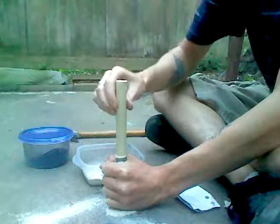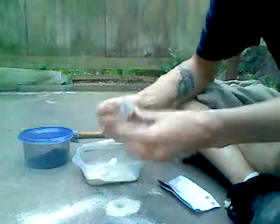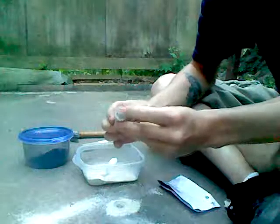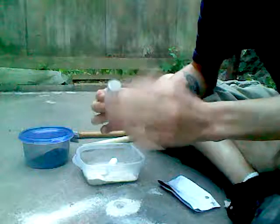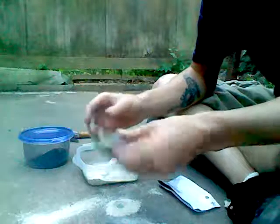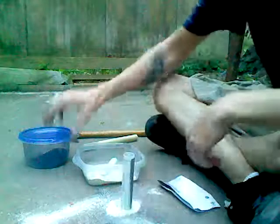Normally you might not have to hit it that hard, but I'm trying to go for a solid exhaust port on there. And as you can see, it's pretty tough. Unless I scratch it, it's really not going to go anywhere. And that's the bentonite. Now, smooth out that, and I'm going to take my black powder mixture,